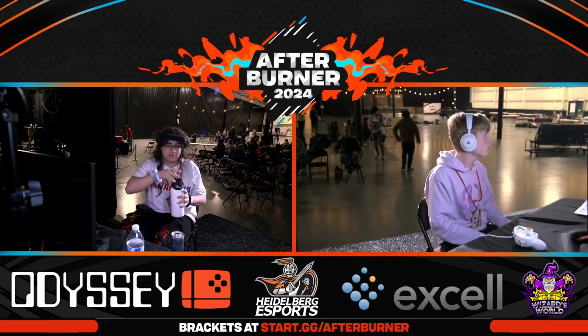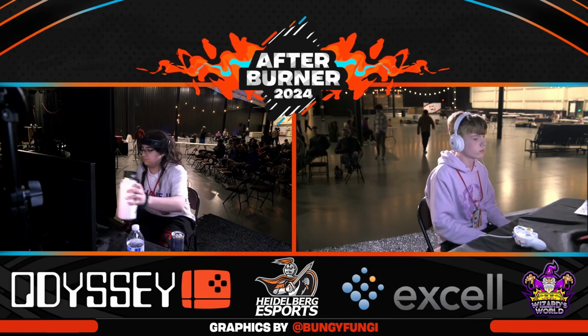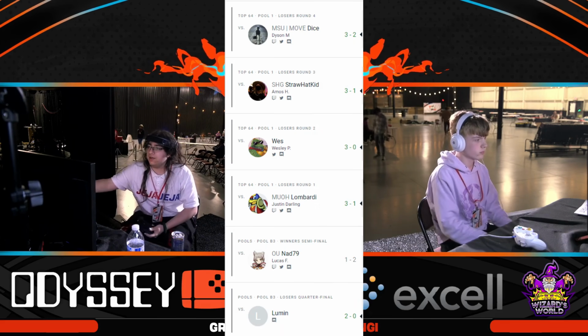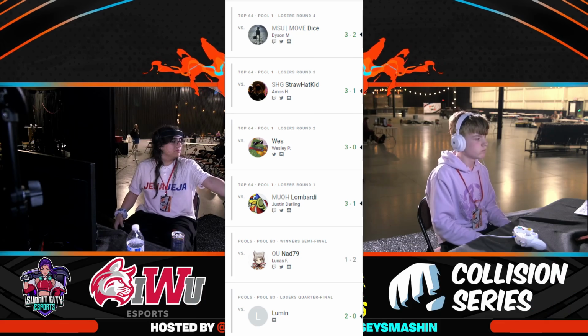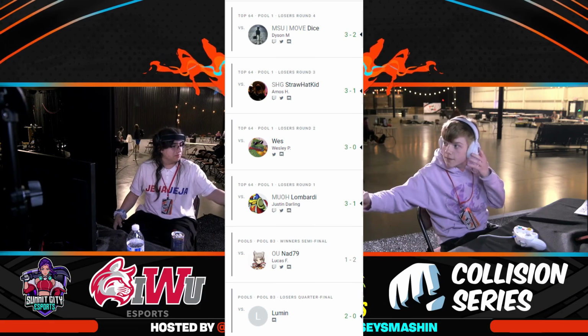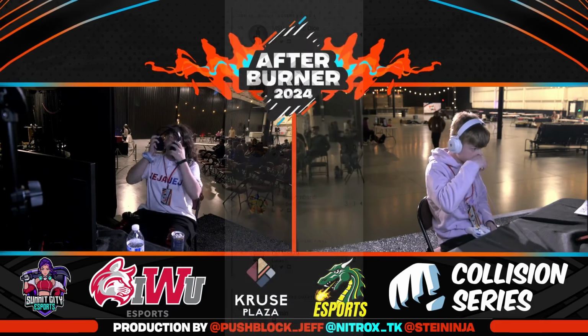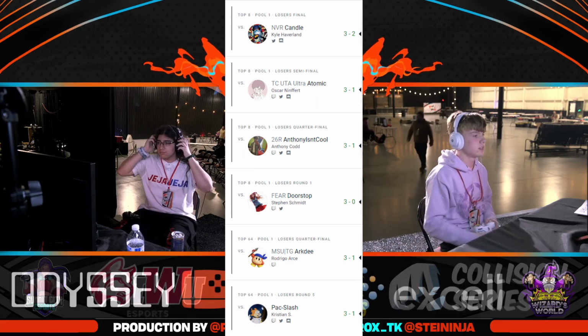Wilds won 11 sets in loser's bracket in a row. The full list includes Lumen 2-0 to make top 64, and then once there, Lombardi 3-1, Wes 3-0, Straw Hat Kid 3-1, and Dice in a close Game 5 set, before moving on and additionally defeating Packslash 3-1, ArcD 3-1